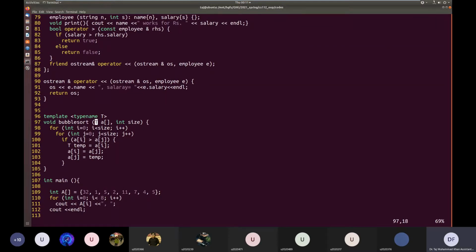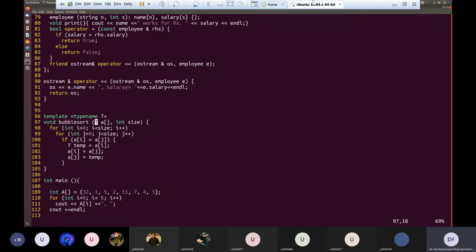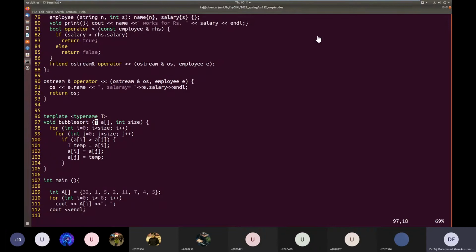So any questions regarding templates? Class templates or function templates? Last time we were in a hurry because you had a lab. I wanted to fit that vector topic in also so that you get familiar with it before the lab.